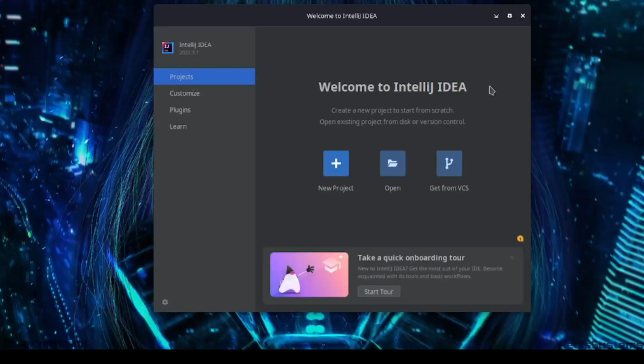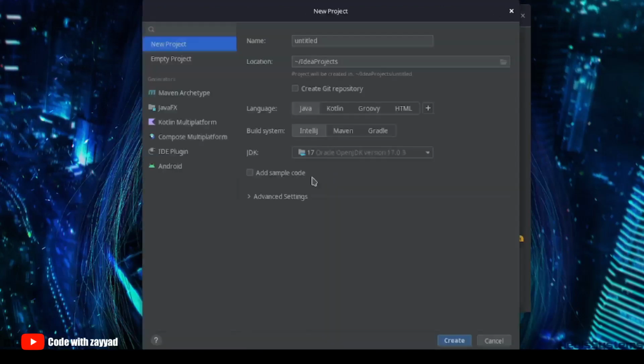So now this is the welcome window of IntelliJ IDEA. What I'm going to do now is create a project. So come to this new project and click on it, and now on the left make sure a new project is selected, and then here in the name you're going